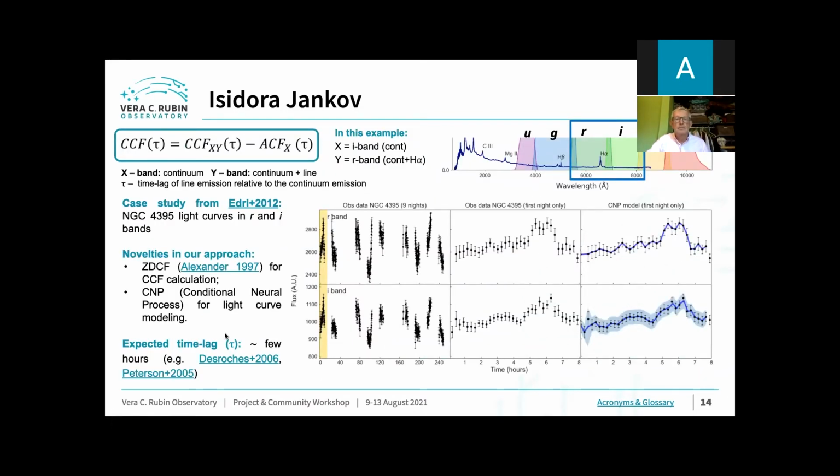The formula on the top left is the crux of this method. It represents the cross-correlation function between the continuum and the line, described as the difference between the cross-correlation and autocorrelation functions of light curves in specific filters, covering the continuum plus line emission and continuum emissions exclusively. Our goal is to use this method and develop a Jupyter notebook, which could be used to obtain time lags